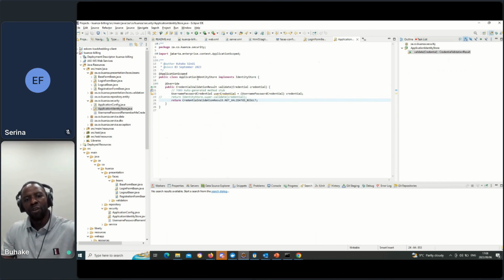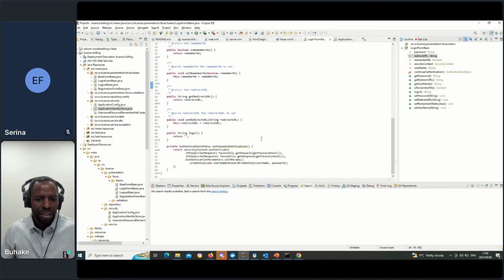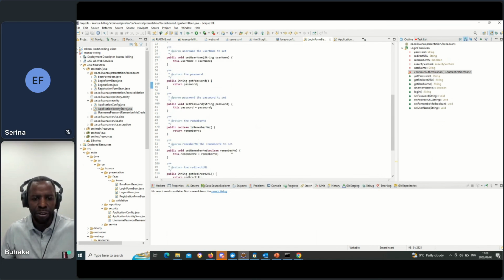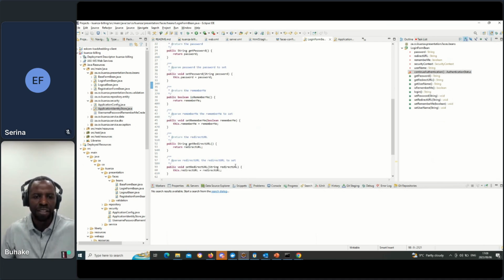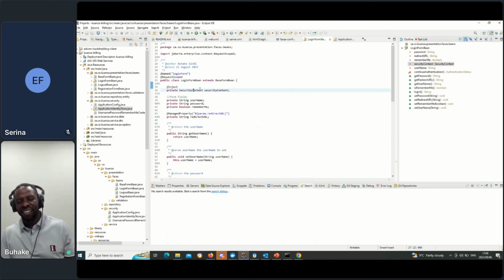The whole point is the latest security framework allows us to create a custom identity store. So I'm trying to use a custom identity store to do login, and from there you can use your security context to pass your username, password, credential, and your security context has existed from Java EE already.